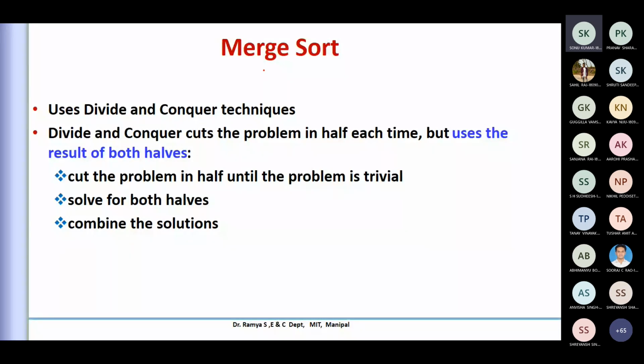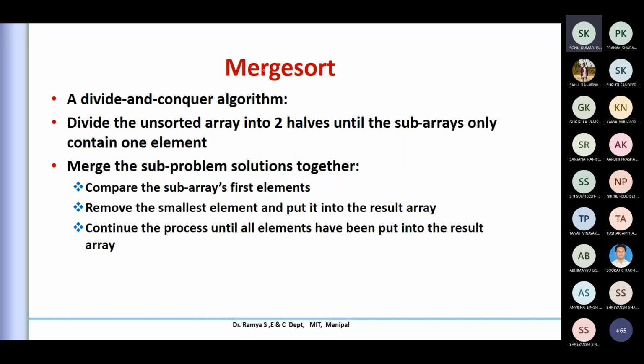So basically we start with cutting the information. Though we say divide the unsorted array into two halves, we'll see how in a program we are going to implement that. Though we say you cut the array into two and go with them, it is not like your binary search kind of. We'll see how you implement it. I'll show you in a diagrammatic way, so that it will be easier for us.